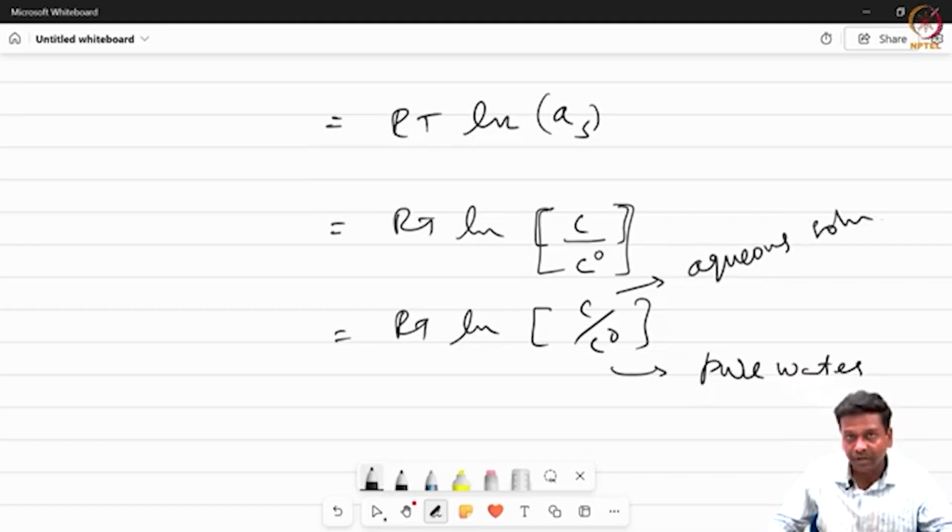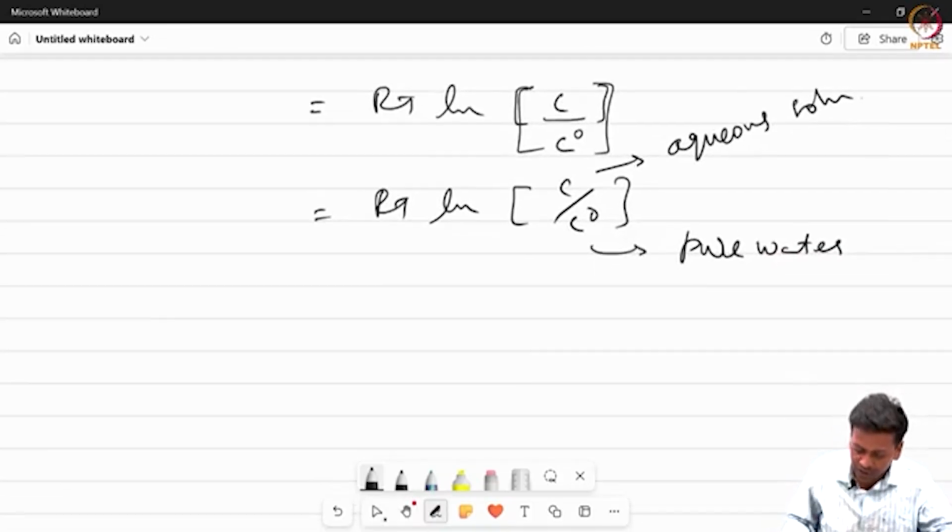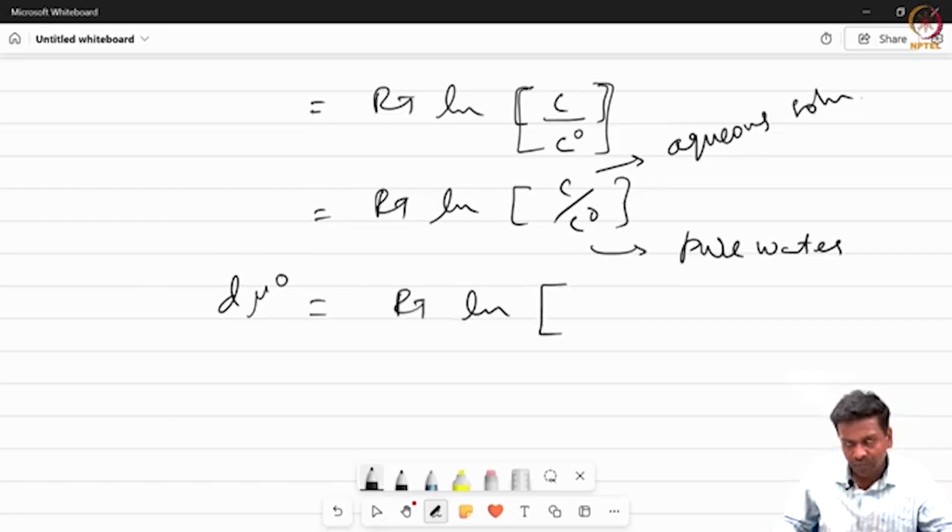Which means the binary mixture containing surfactant plus water, right? So now we have the d mu naught, which is nothing but RT ln. We know at equilibrium, we're talking about equilibrium, the concentration that we measured belongs to the critical micellar concentration. In that case, you can simply say the concentration that we measure is nothing but the concentration at CMC. So we can retain this